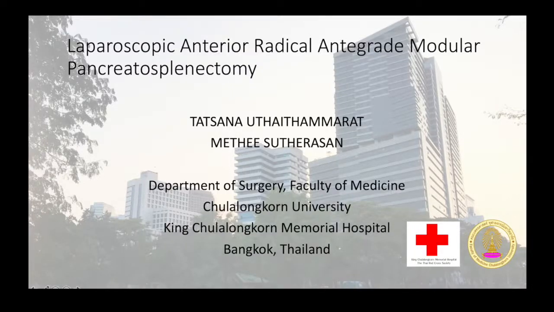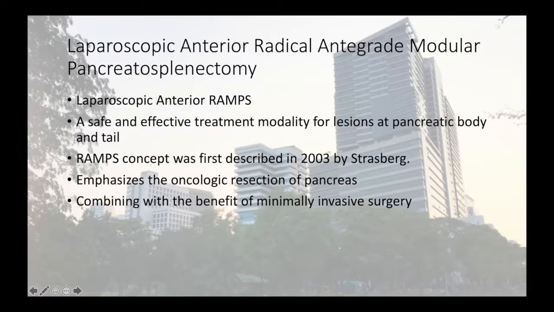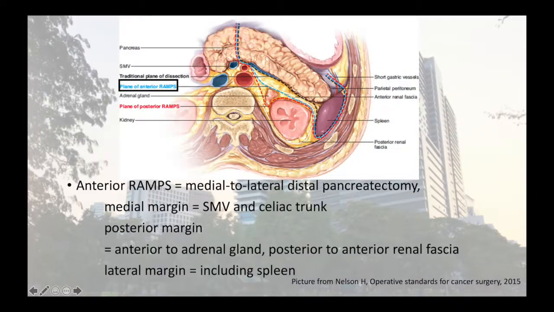Laparoscopic anterior radical antegrade modular pancreatosplenectomy, or laparoscopic anterior RAMPS, is a safe and effective procedure which adheres to the oncologic principles. With the laparoscopic approach, the patients would recover quickly. The left adrenal gland is the structure that defines whether it is the anterior or posterior RAMPS. In anterior RAMPS, our dissection plane would be just anterior to the left adrenal gland and adrenal vein, just behind